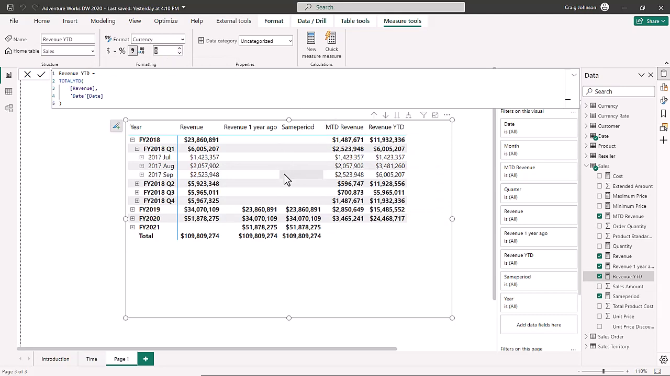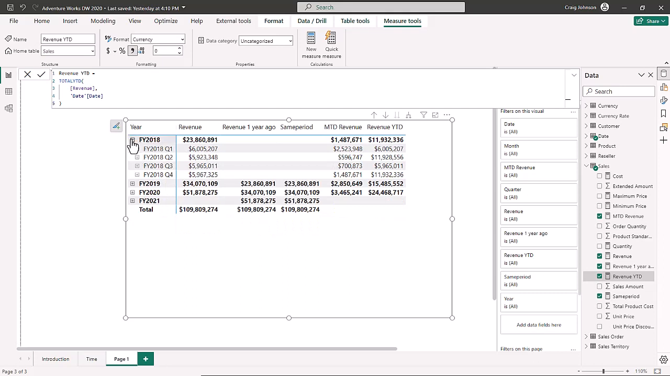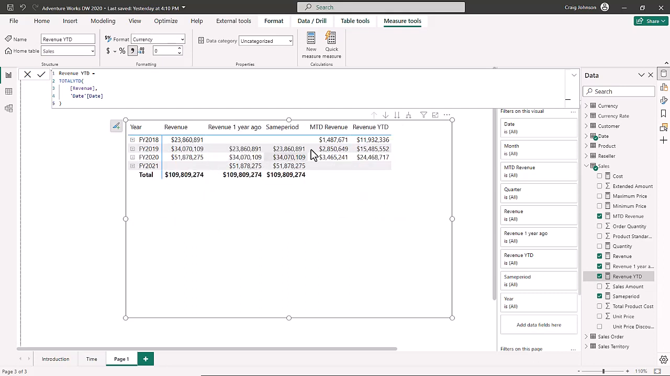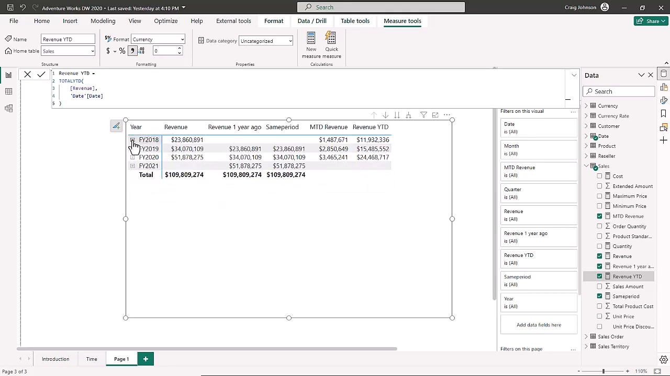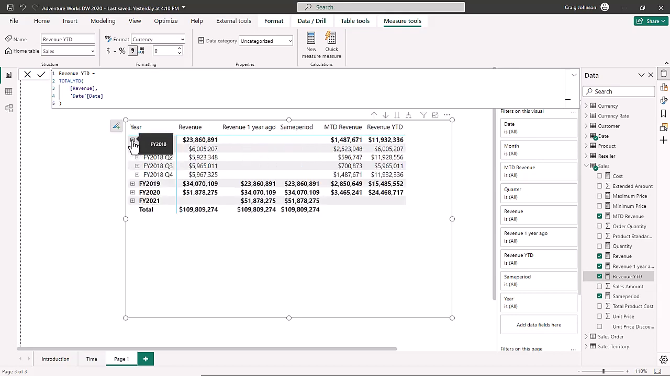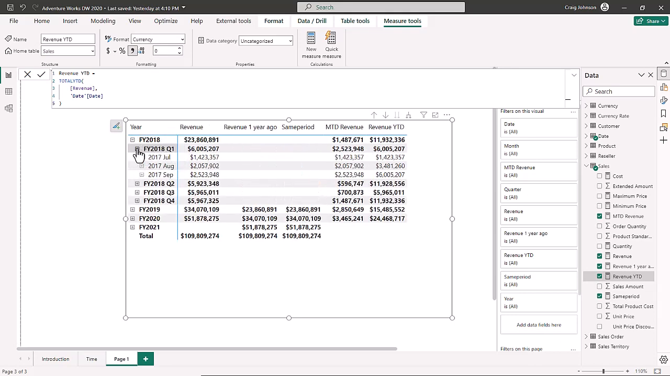We now see, if we bring all of these up, we can see the revenue year to date and the monthly revenue. So the FY 2018 for Q1 is 6 million revenue year to date. For Q2, it's 11 million. And then for Q4. So this wraps up, and when you bring it all the way up into the context of the year, you can then drill down into each of these,